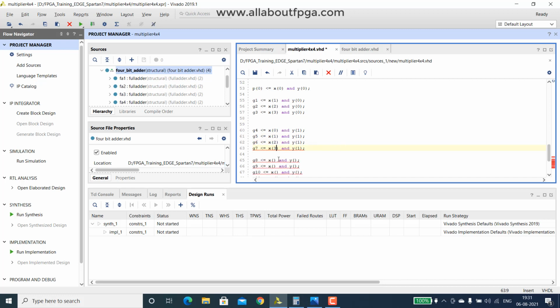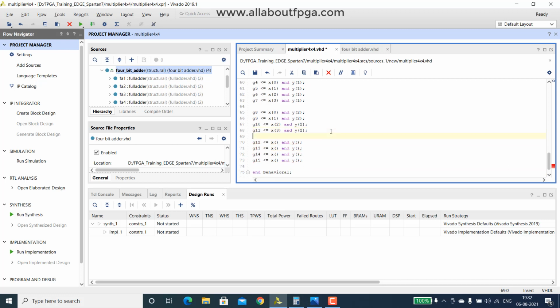Similarly here we have Y2, then 0, 1, 2, then 3, then finally Y3 with 1, 2, 3.